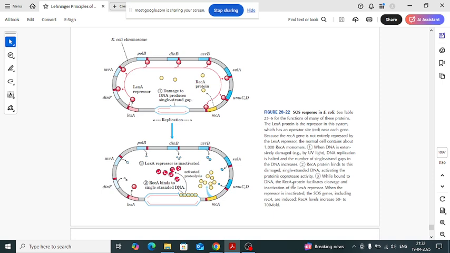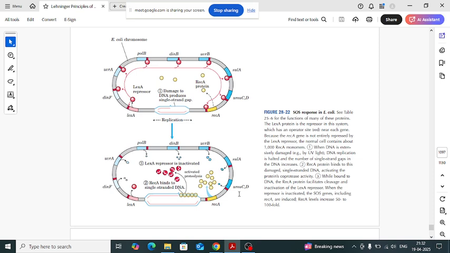While bound to the DNA, RecA protein facilitates the cleavage and inactivation of the LexA repressor, right? So this RecA, when it is bound to the ssDNA region, will be activated and it will cleave and inactivate the LexA repressor, right? So when the repressor is cleaved and inactivated, it will induce the expression of the SOS genes, right? For example, dinF, uvrA, polB, dinB, uvrB,